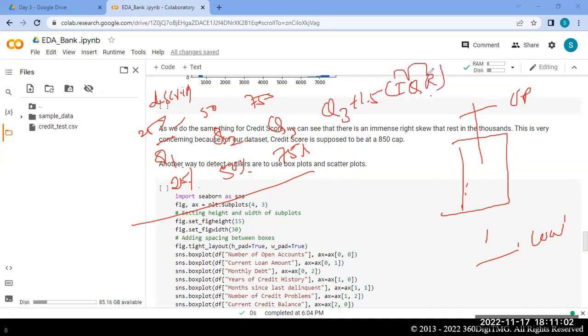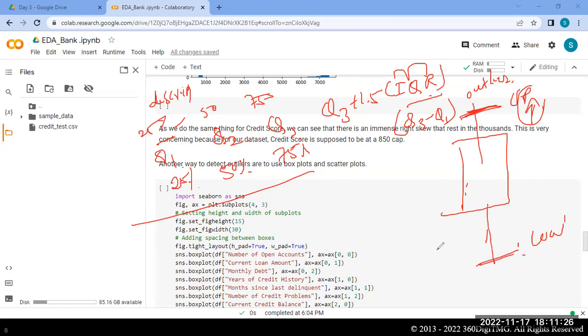We call IQR the interquartile range, which is Q3 minus Q1. If the values are beyond this upper cutoff range, we will consider them outliers. Outliers are on both sides, not just one side.